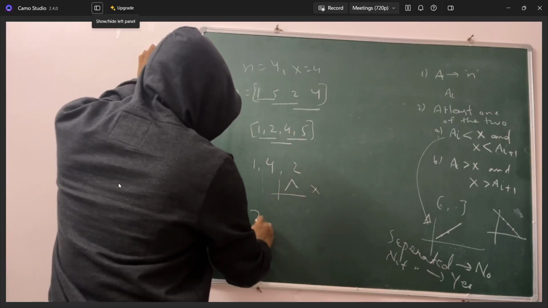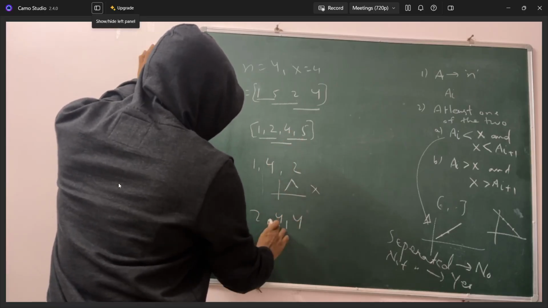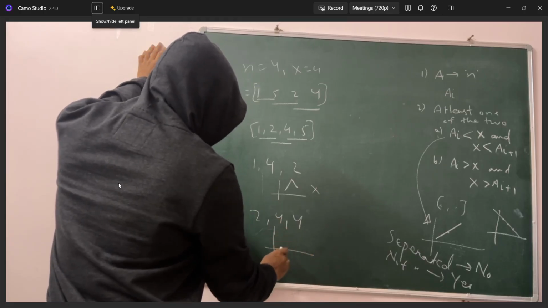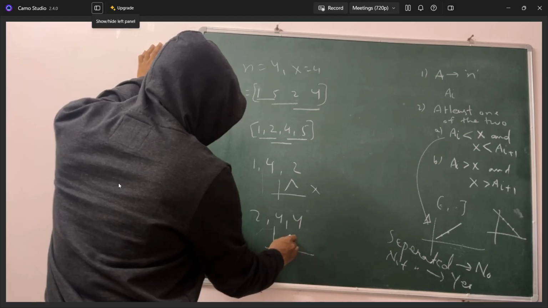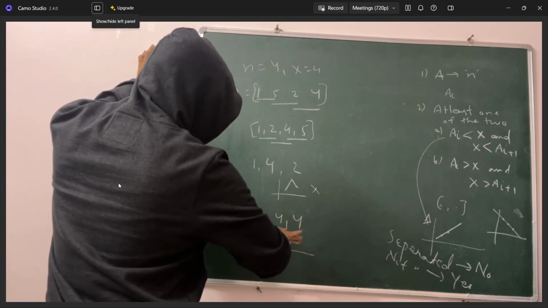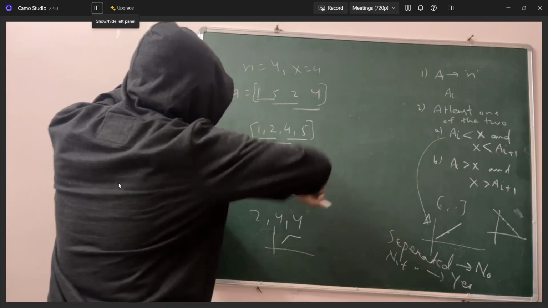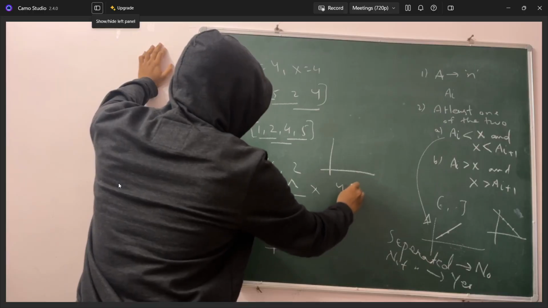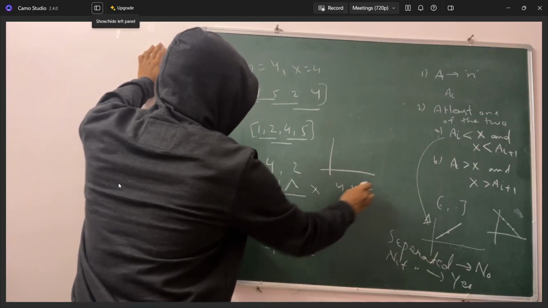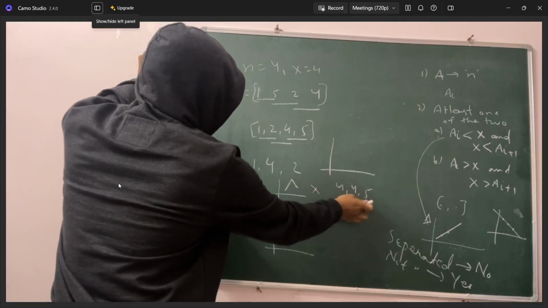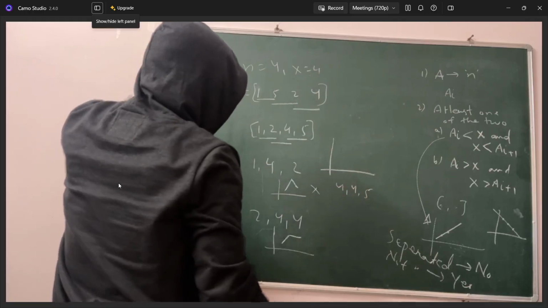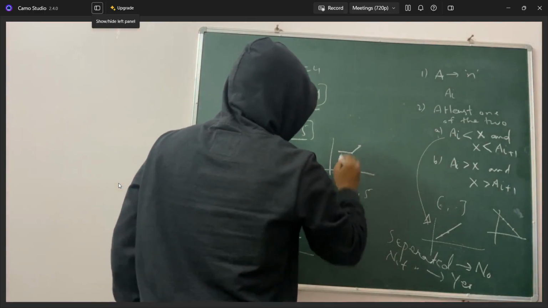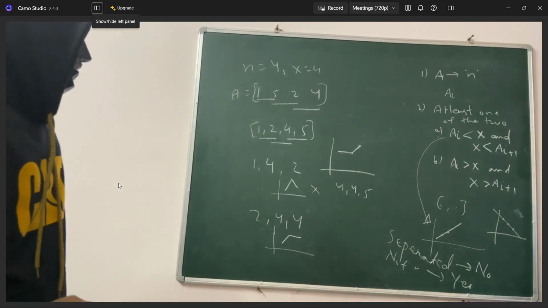Now 2 and 4 you can take, middle one is x elements. Okay, so in this case also, as you can see, you have 2 4 and then again 4. It is straight, it should be either increasing or decreasing. Now 4 and 5 also, if you see, x has 4 and then 5. 4 I'm taking this, 5 I'm taking this, and x I'm taking here. Right, you have 4, one more 4 you have, then you have 5. So this is one of the valid arrangements wherein